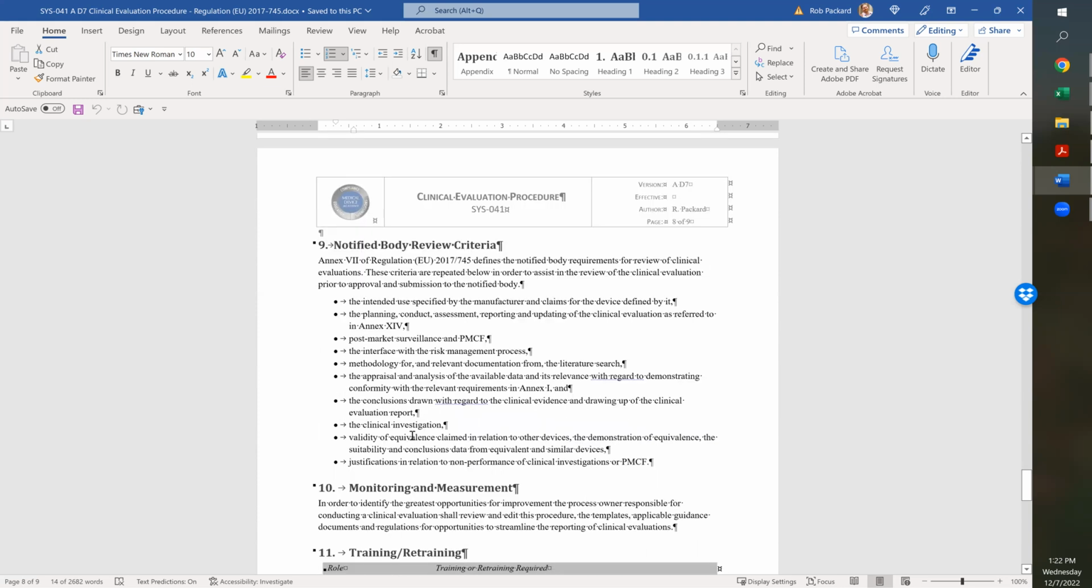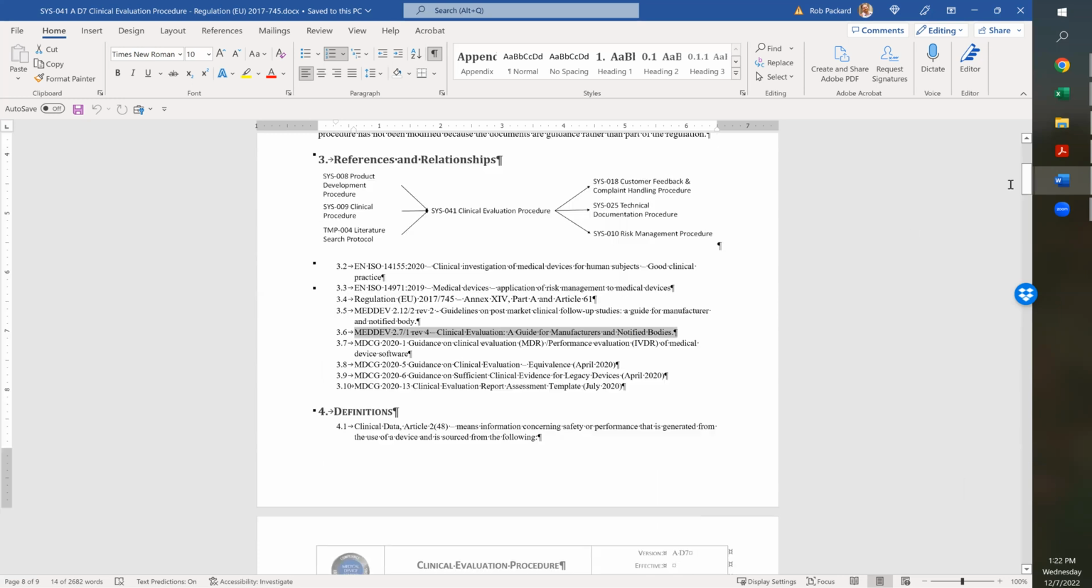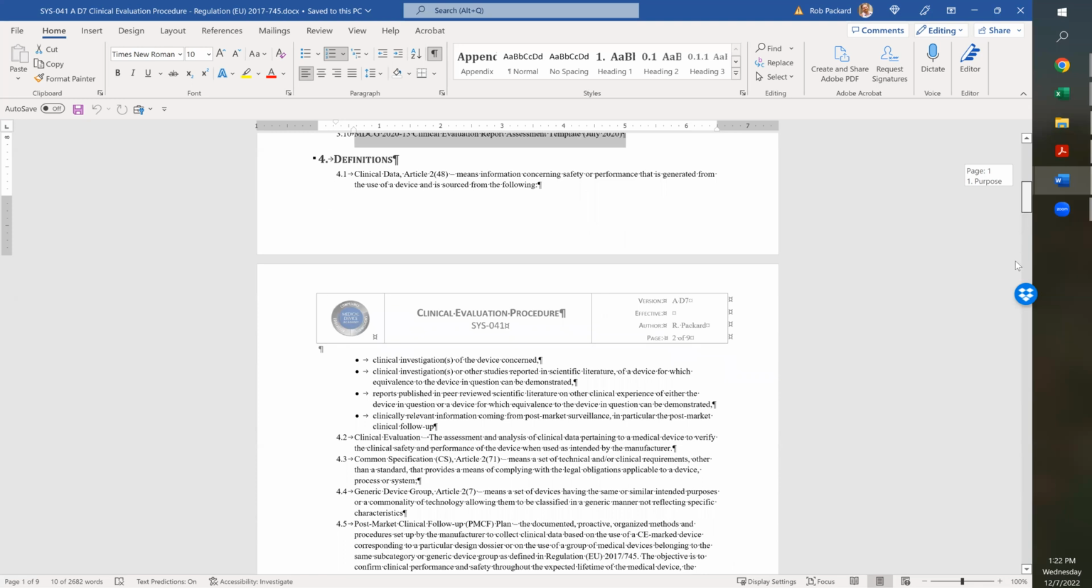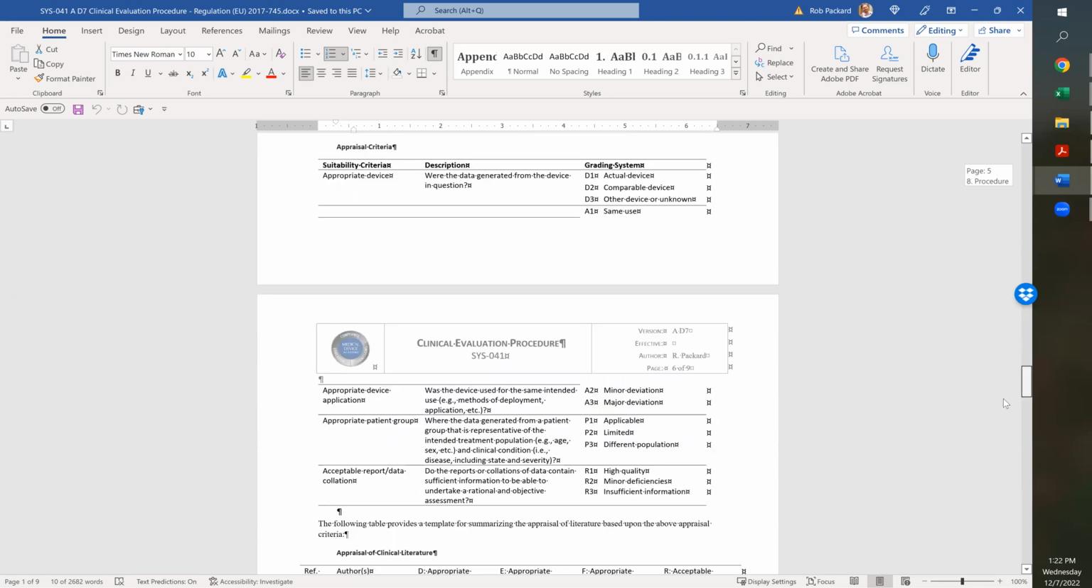And then notified body review criteria. The original notified body criteria was replaced by the new MDCG guidance document, and they create a report. So when you're looking at these MDCG guidance documents at the top, this is not the template you're supposed to be using. That's the template for the notified body to write their report, not your report. If you want to see what they grade, that's what they look at, but that's not how you write your